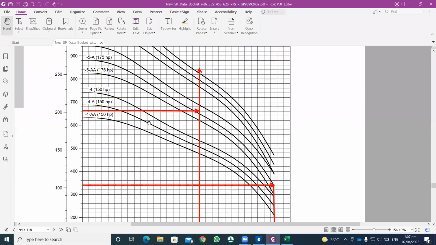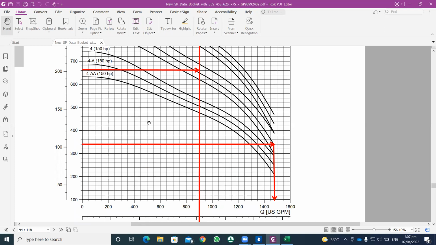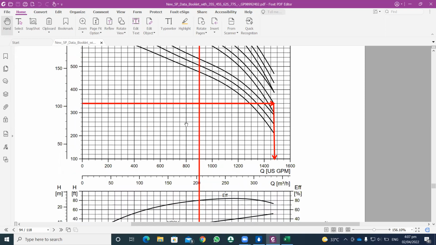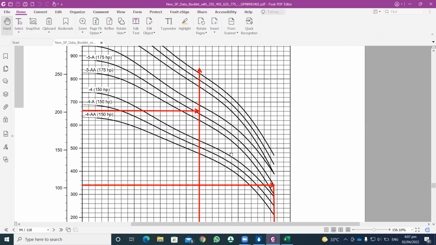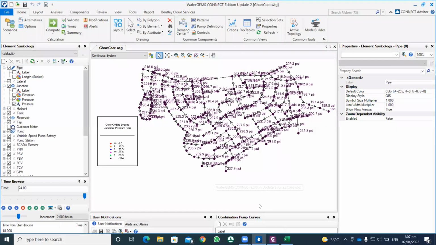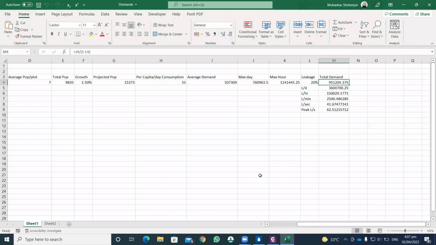I did some homework in order to save some time and show you some new things in WaterGEMS related to pumps. Therefore, I have to show many things today. Mostly the continuous water supply system and the intermittent water supply system, and I will also try to include a tank along with the pump, showing how the pump should be installed with the tank in order to fulfill the demand of the water supply network. So based on this total demand, I have to select a pump,